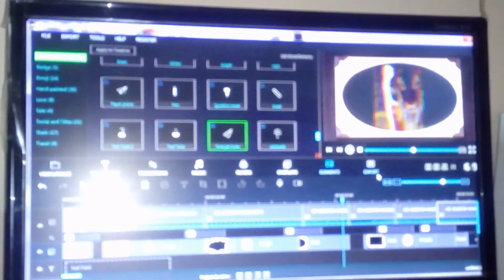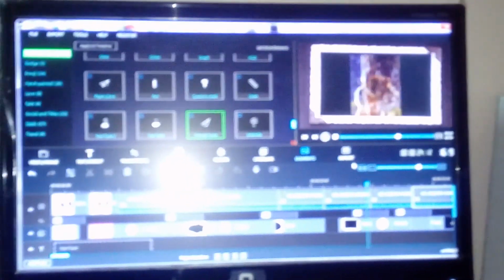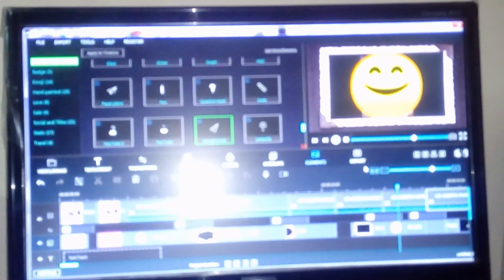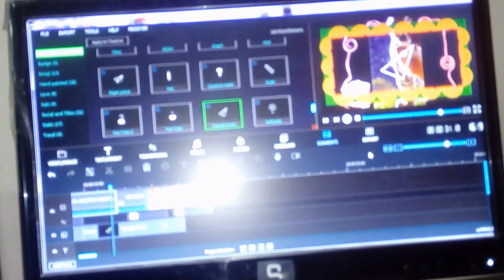Similarly we can apply different styles or different effects on the existing image or video clips. These are element effects that are applied on the clips of video and image. Now it is completed.